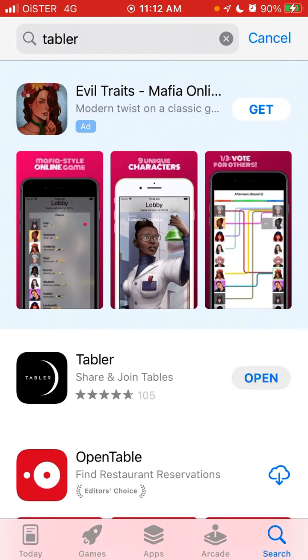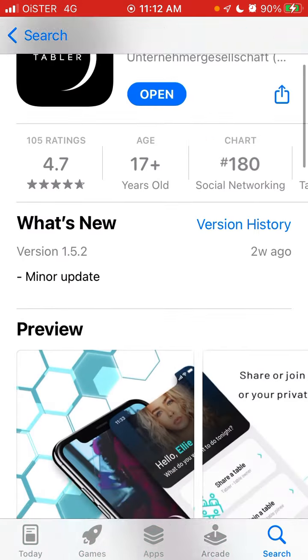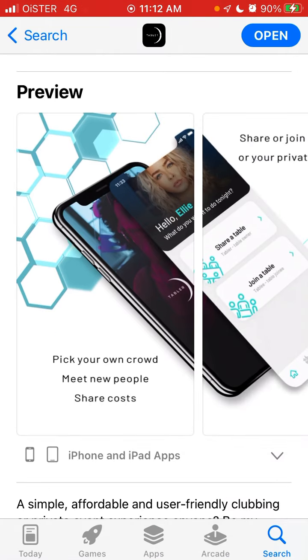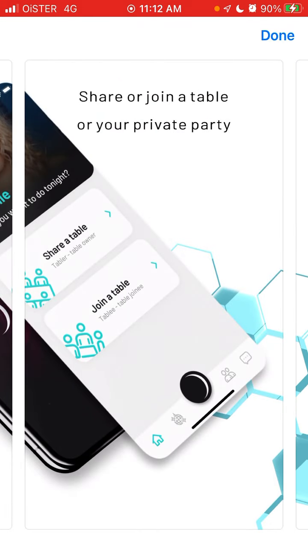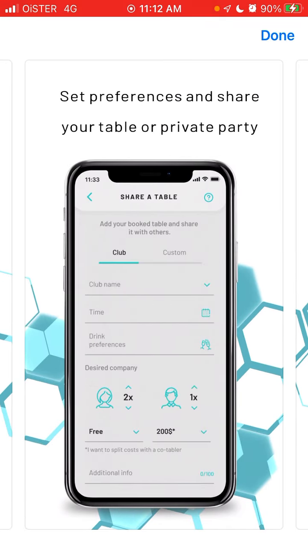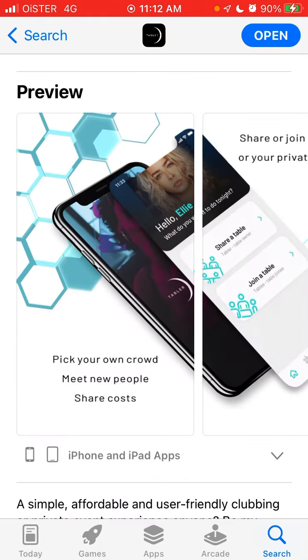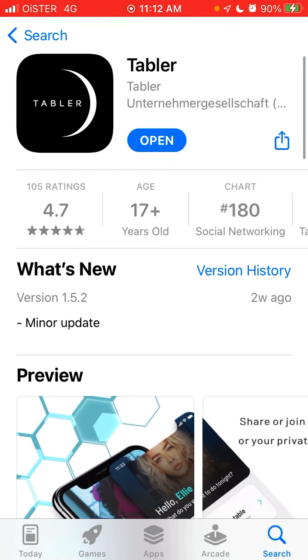You need to organize stuff and all of that, and then you can sit with a lot of people you don't know. So this app helps you to find the table, book it cheaper, share with some other people, communicate with them on chats, and know if it's a good match you want to spend clubbing with them. So this is the app.